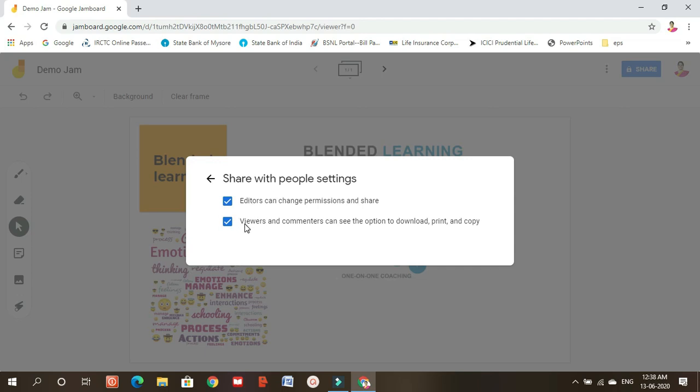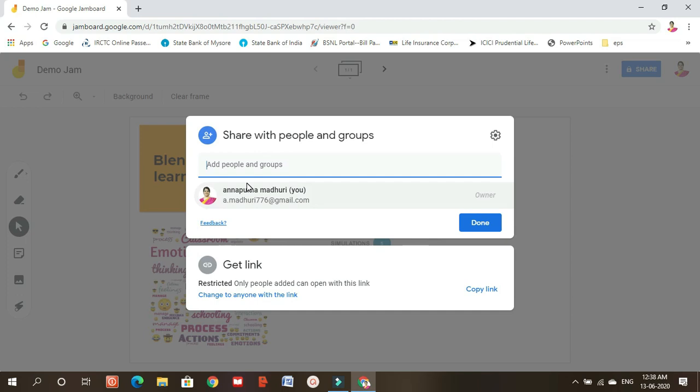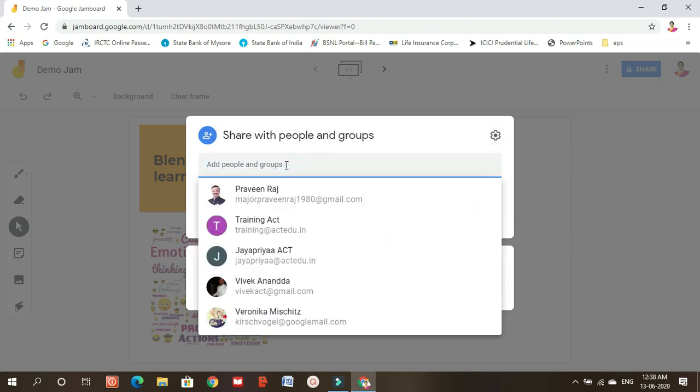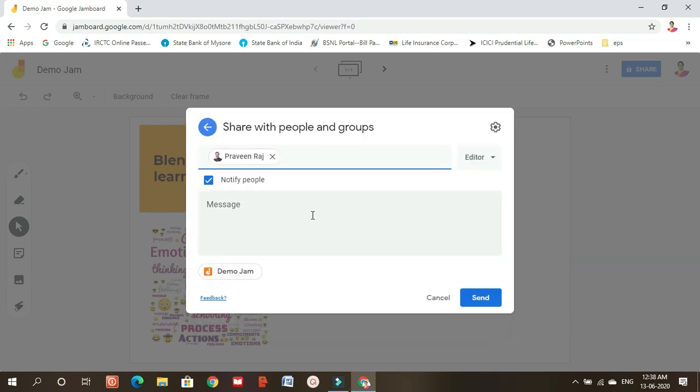But when I give them the rights only to view or to comment, then the viewers and the commentators can only see the option to download, print and copy. They do not have the permission to edit this jam or even to share it with others. So knowing that, whenever we have to share the jam, it's always good to share using email IDs. So I'll click on the email IDs and